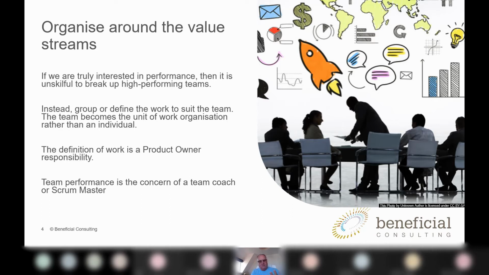And then we put development value streams in place to support that. This gives us a construct that says, instead of a team forming around a single product, what we've got is a process or a value stream that most of the teams are designed to support. So instead of a group defining the work to suit the team, we have a team which is supporting the value stream, and then you take work from the value stream.